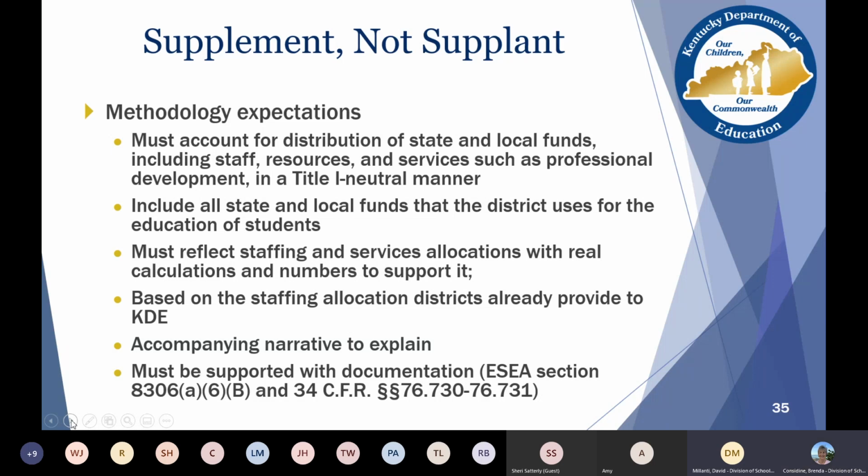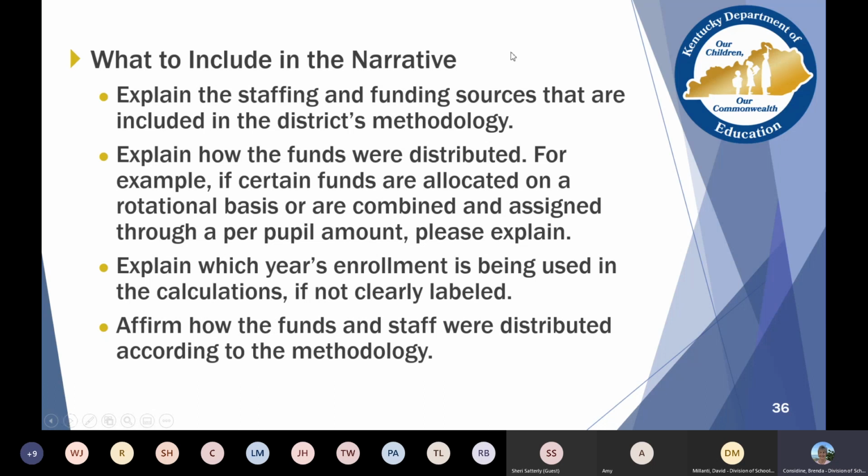Okay. And a lot of people ask, what needs to be included in that narrative? You would make sure that you explain your staffing and funding sources in that methodology and how the funds were distributed. For example, if certain funds are allocated on a rotational basis or they're combined and assigned through a per pupil amount, you would need to explain that.